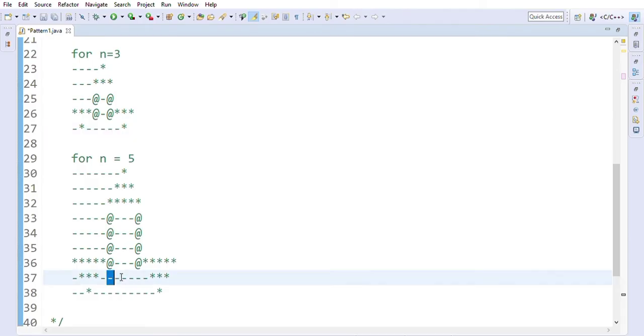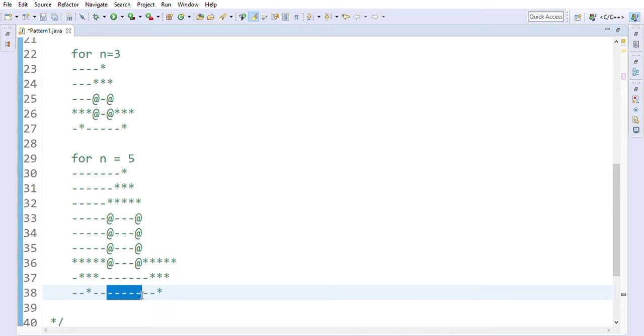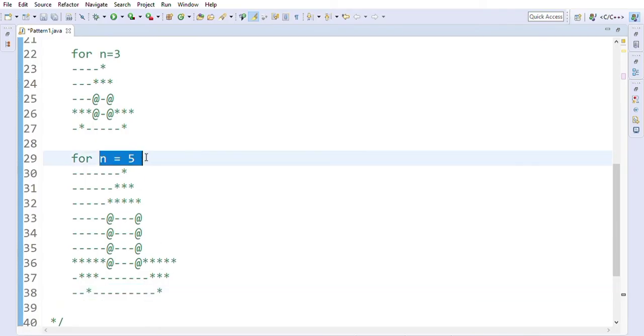Similarly here, n white spaces plus 2 plus 2, that means n plus 4 white spaces for the third line, and this will increase when we increase the value of n. So we have to make it more generalized so that we can print for any value of n.